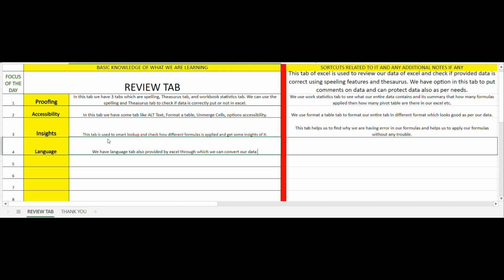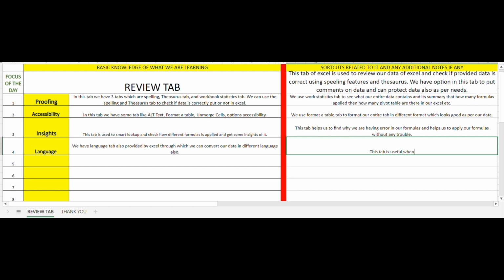Now the fourth tab is language. We have a language tab also provided by Excel through which we can convert our data into different languages. This tab is very helpful when we have senior management of different countries. Like if we are sharing our report to Germany, we can convert our data from English to German language through this tab. So it provides us the option to change our entire data into different languages also, which is